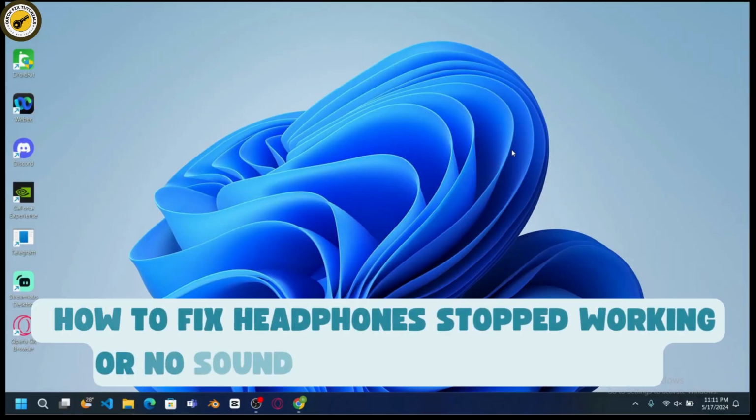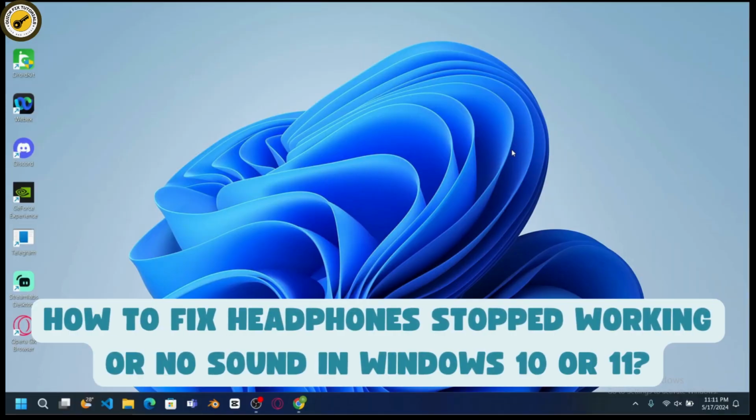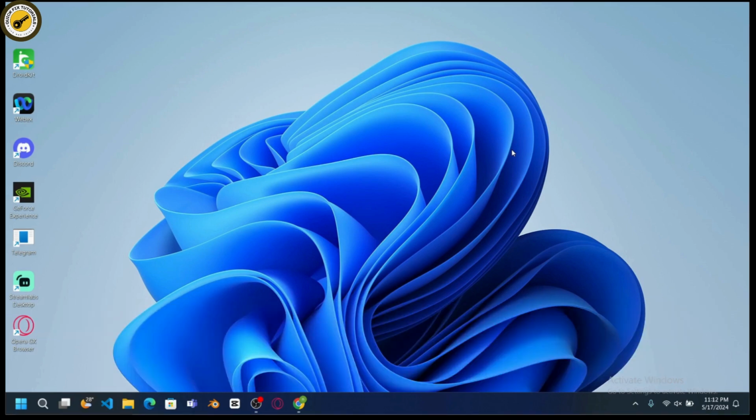How to fix headphones stop working or no sound in Windows 10 or 11. So under Windows 10 or 11, if you're facing a problem with the headphones, if they are not working or if there is no sound under your headphones or if they've stopped working, then the first thing you need to